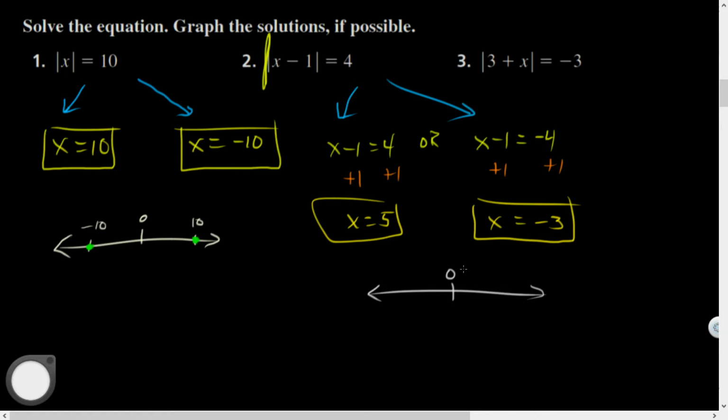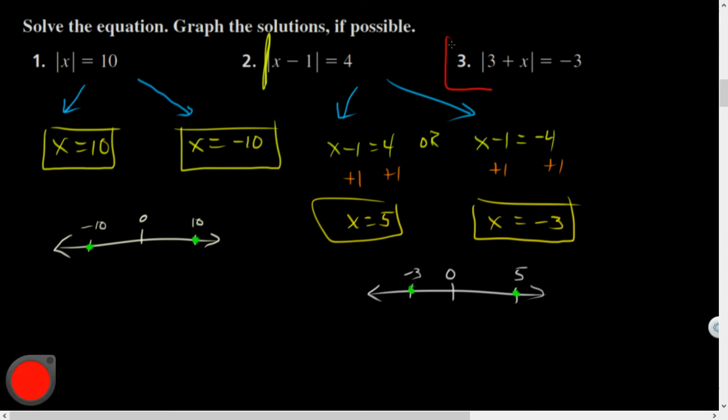Yeah. So let's see. Let's plot the points. So I need 5 and -3. Notice I made my -3 closer to 0 than 5, so it's like somewhat to scale, right? And let's plot those points. Plot those points. And so -3 and 5. Now,